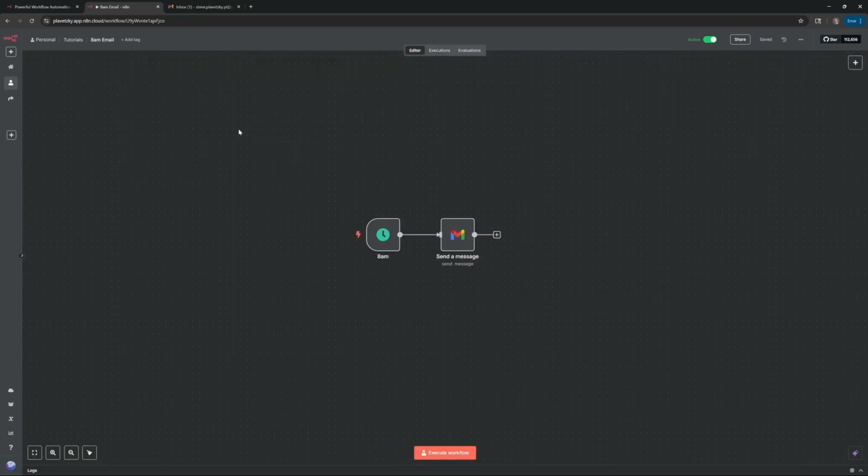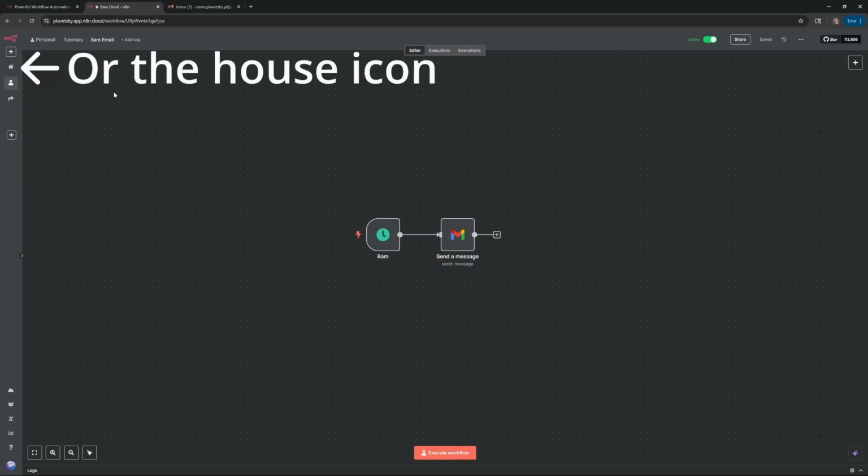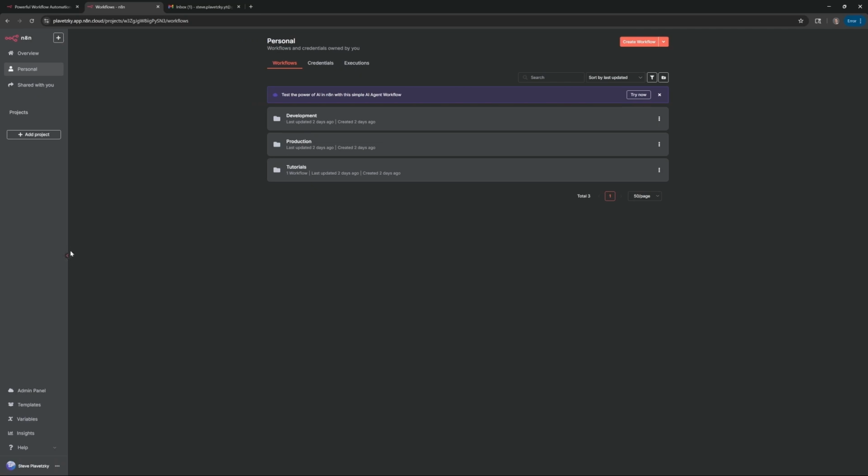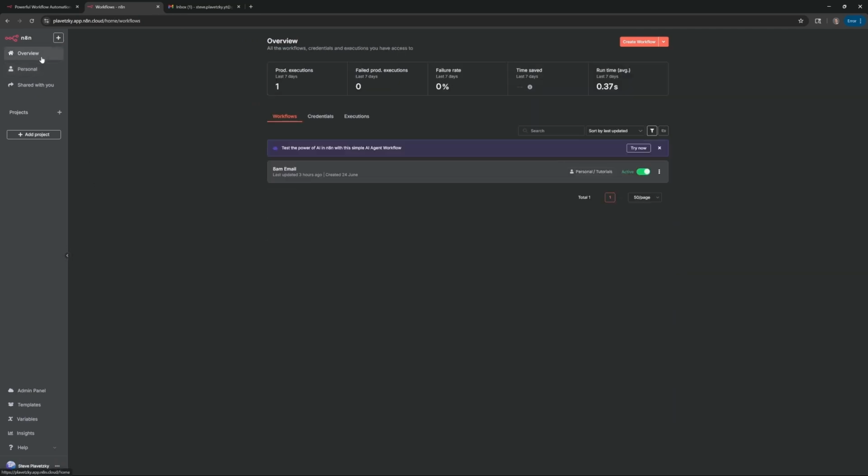And also, if you ever want to get back to the previous window, like when you first log in, you just need to click on the personal up here on the top left, and it will take you back. And then you can expand this bar on the left by clicking the little arrow, and you can go to overview, and you now can see 8 a.m. email, and you got the active over here, and you got some stats going across the top.